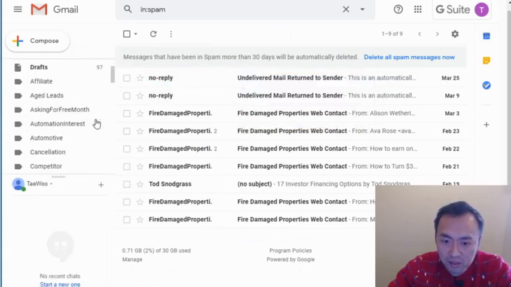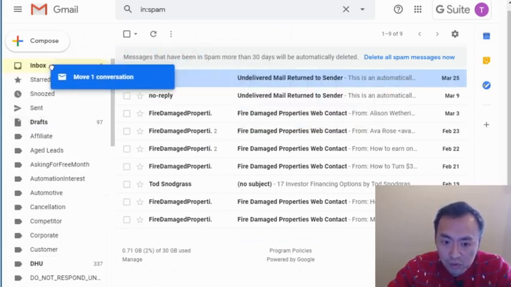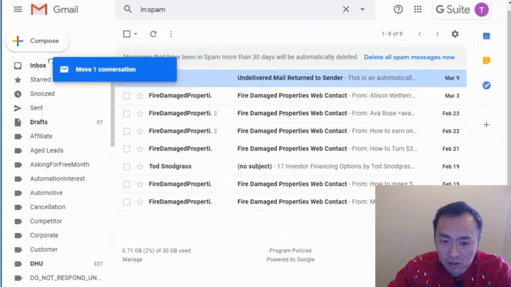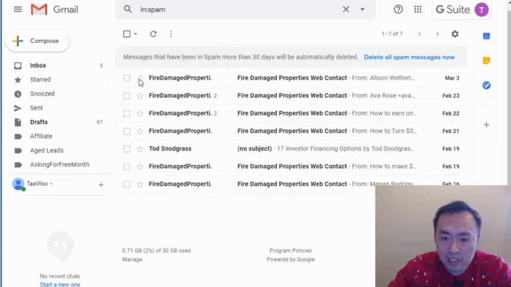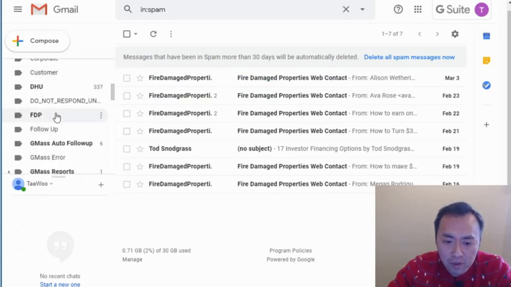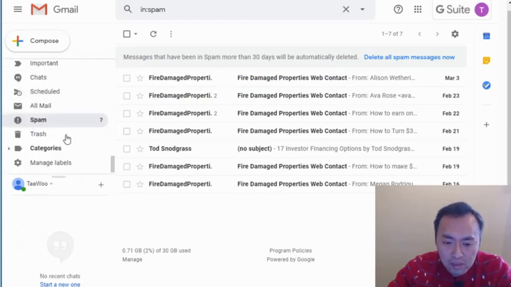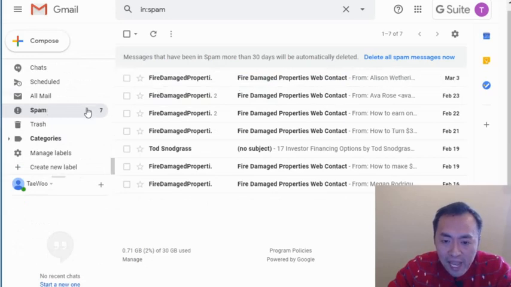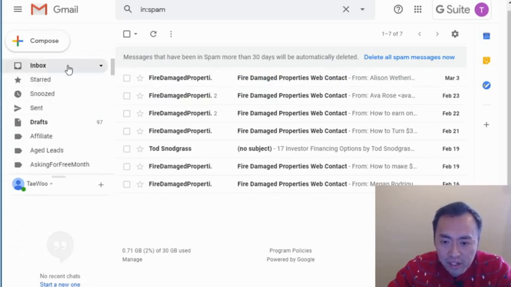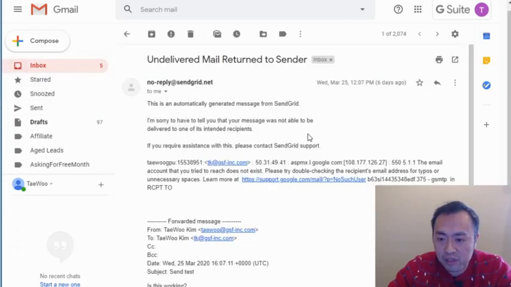Let me see if I can do that. Drag and drop to your inbox. So this tells Google that this no reply at this thing right here is actually a valid sender. But just to be safe, you want to add another thing where you actually whitelist the email